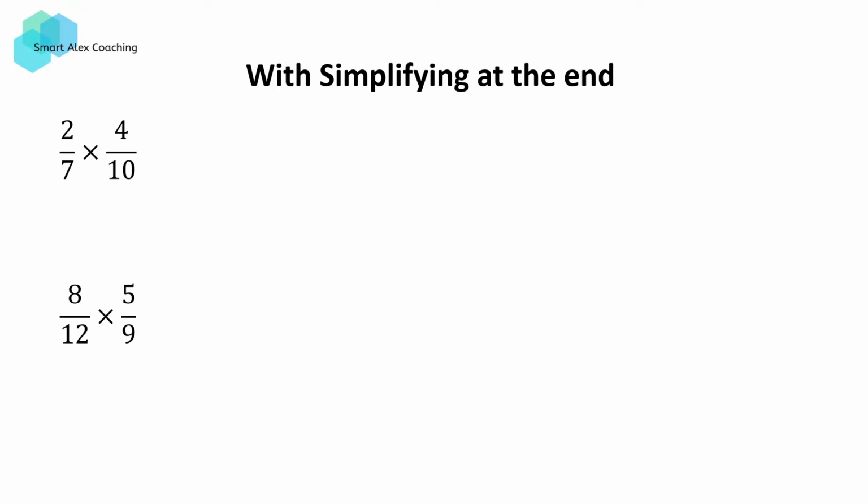Let's now look at the next two questions. The first one, I've got 2/7 times 4/10. So we do the same. We multiply the top two numbers together and the bottom two numbers together. This is going to give us 2 times 4 over 7 times 10, which is equal to 8 over 70. Now, 8 over 70 is not in simplest form. And in order to simplify it, what we do is we simply divide the top and the bottom by a common factor, which is 2. 2 is a common factor for 8 and 70, and this is going to give us the final answer of